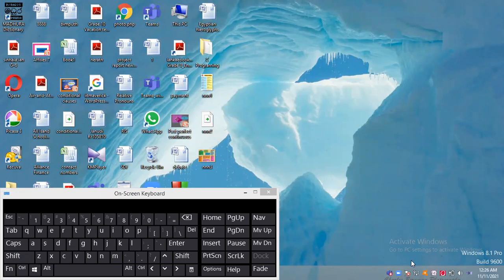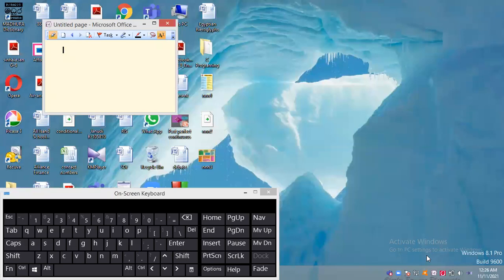Then how are you going to type using your screen keyboard? Yes, I would like to switch on the Word document. It's loading. Here is the Word document. So this is a small test that I am proving to you. Now I am going to type from the physical keyboard. That means the keyboard that has been fixed to your laptop or your computer. Now see, you can hear the sound when I'm typing. I'm going to type, hi, I am Janvi.